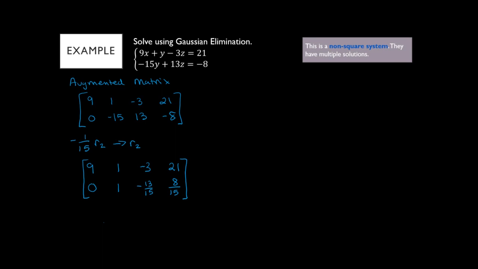So I've got my bottom row set up the way that I want it. Now I need to have that top row, the first row, have 1 instead of 9 in that spot. So I need to multiply that by 1 over 9. So I'm actually just going to use the space that I have here. So I'm going to multiply row 1 by 1/9, and then I'm going to replace row 1